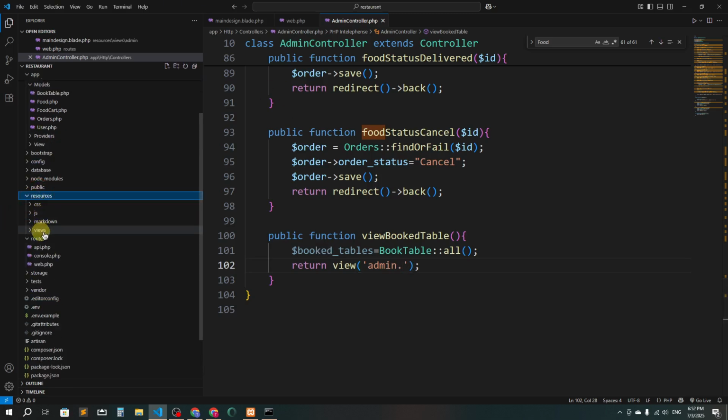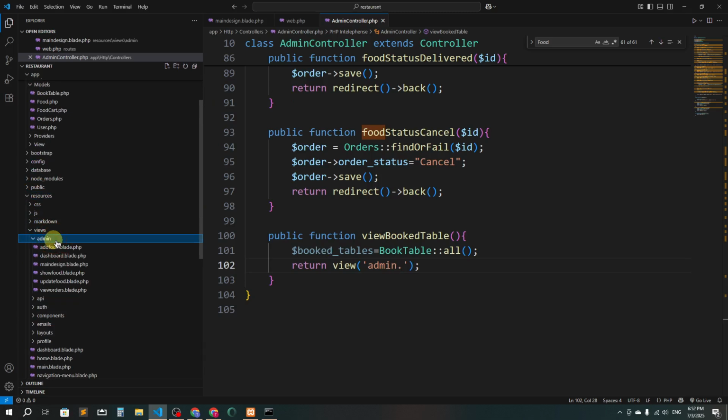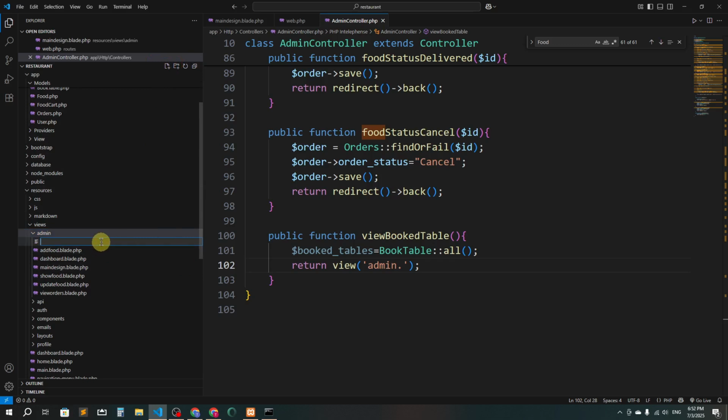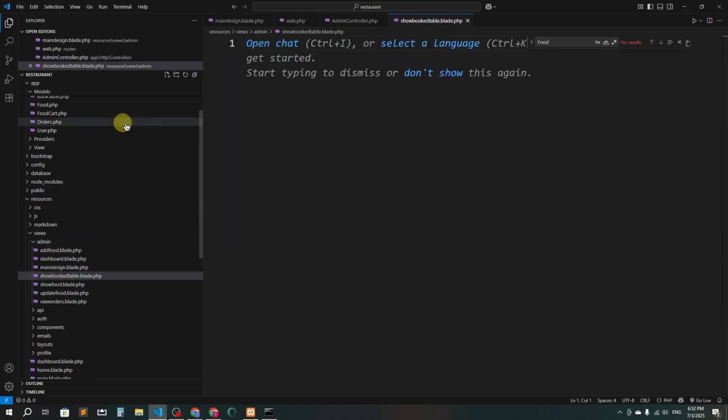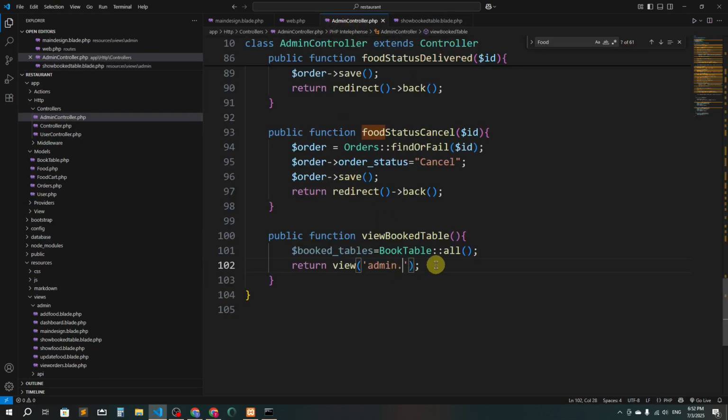In the resources we have views, we have the admin folder, and here I'm going to create a new view. The view name will be show booked table.blade.php, and I'm going to mention it here: admin.show booked table.blade.php, and here I will compact the result,